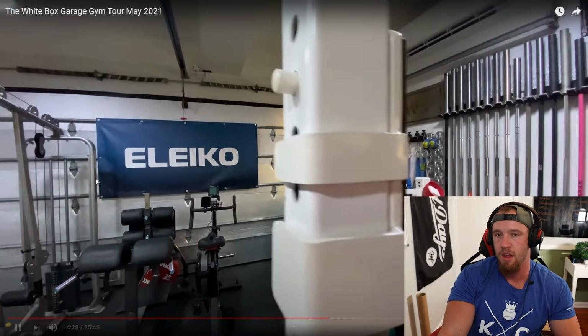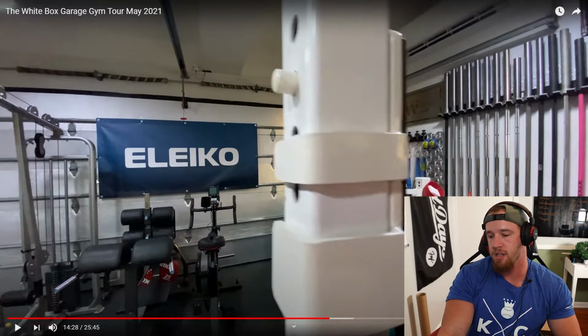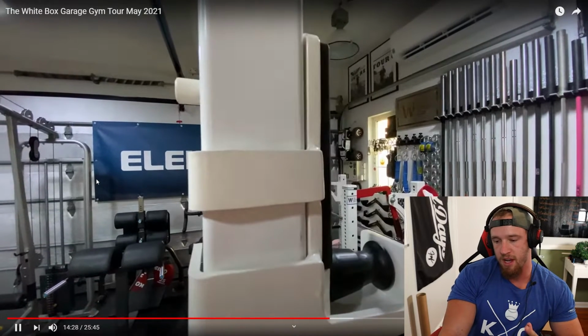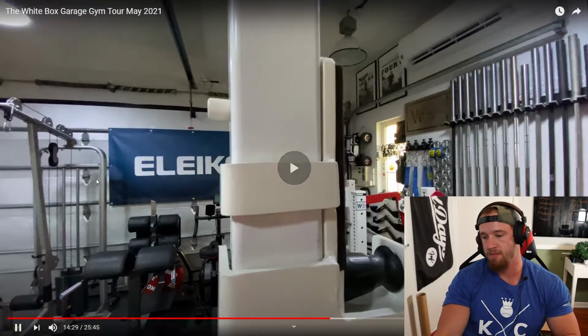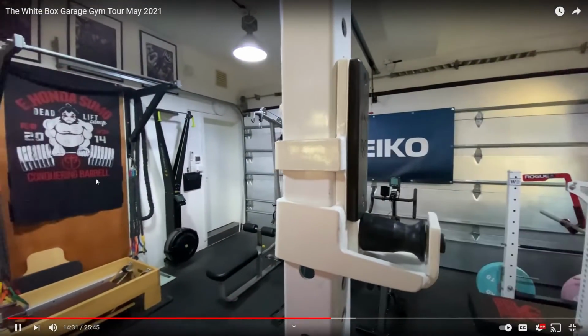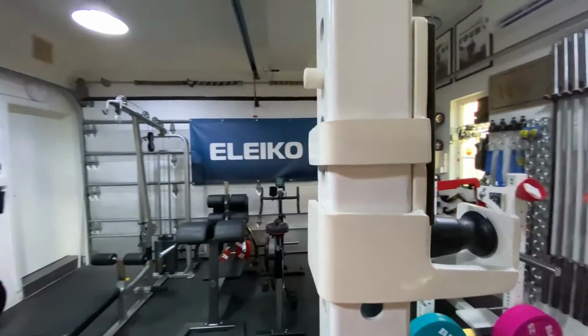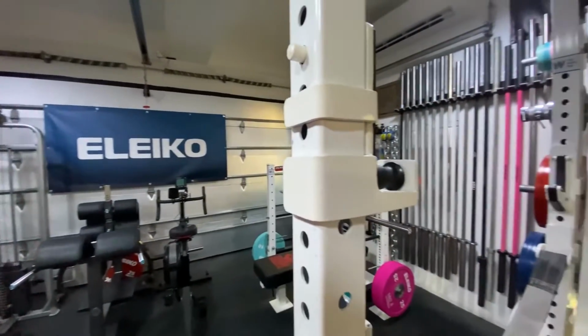stop play. I really do need to get some of the Ghost J-cups. I love my Titan series J-cup rollers, but I'd like to try out Ghost as well. White, and they work fantastic. Took some time, bless them, Rajbir, to work that out, but really happy with that, and they're a pleasure to